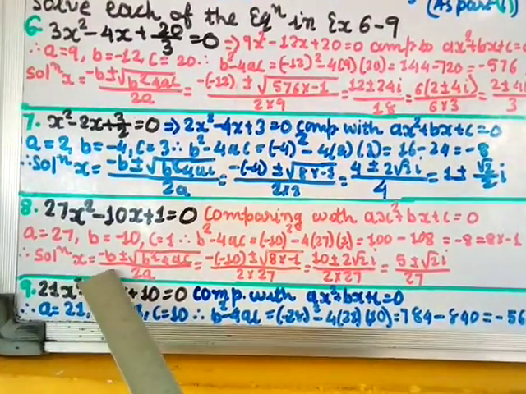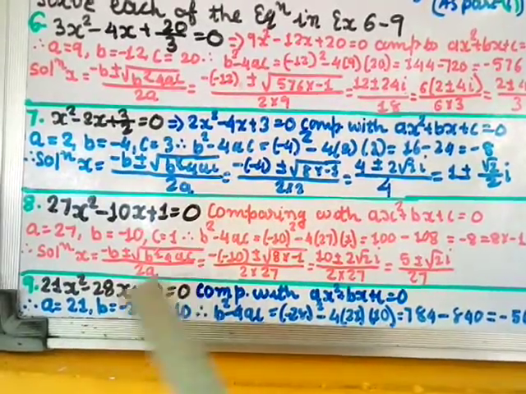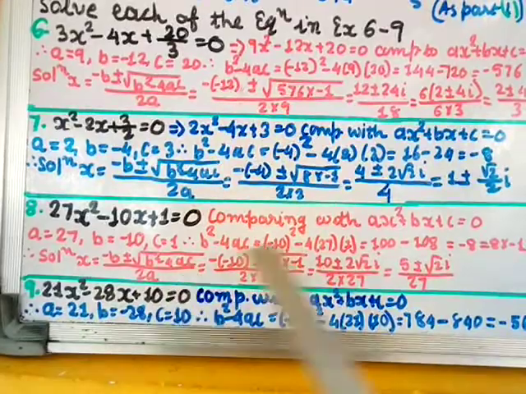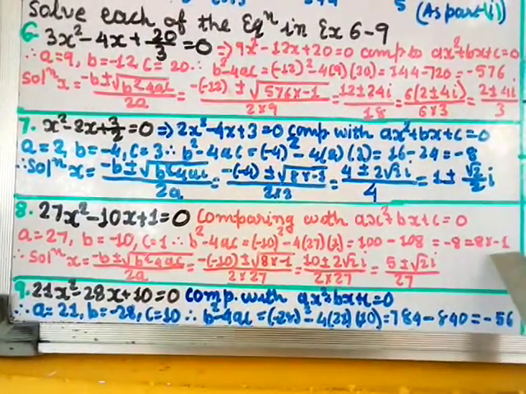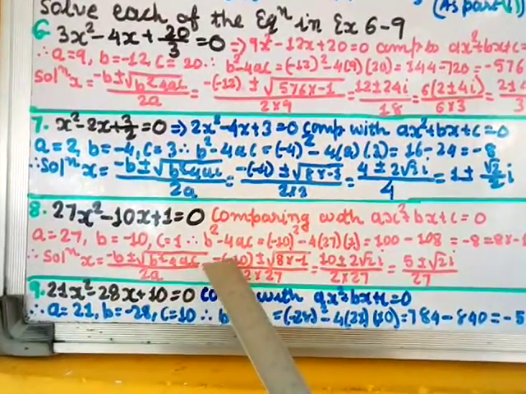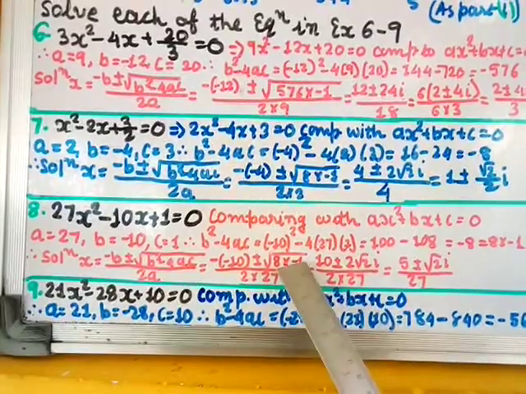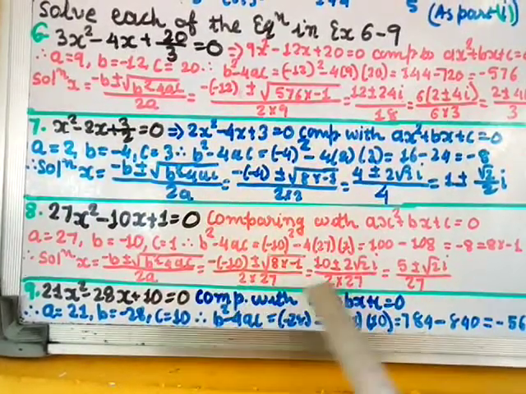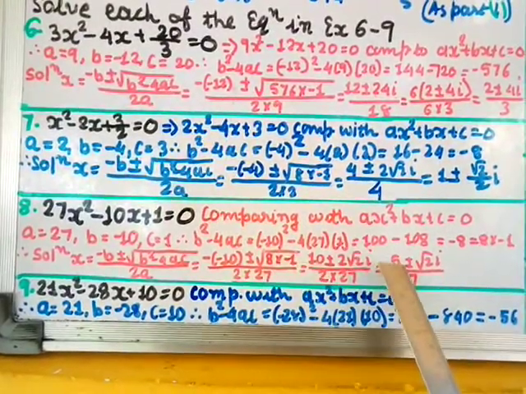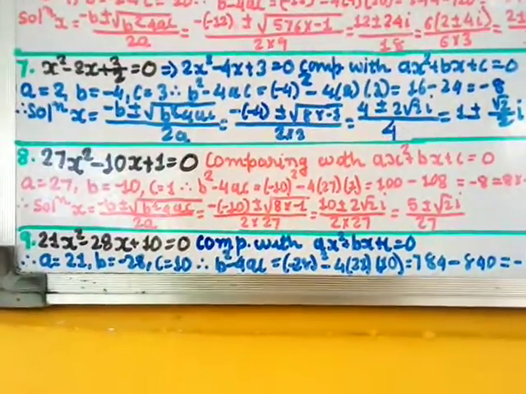Therefore the solution x equal to minus b plus or minus under the square root b square minus 4ac by twice a, equal to minus b value, minus 10, so plus 10, plus or minus under the square root b square minus 4ac value, which is 8 into minus 1, divided by 2 into a, which is 27. Square root of 8 is 2 root 2 and square root of minus 1 is i, and this as it is. In the numerator you can take 2 common and cut with this, so you get 5 plus or minus root 2 i divided by 27. So that is the solution for question 8.